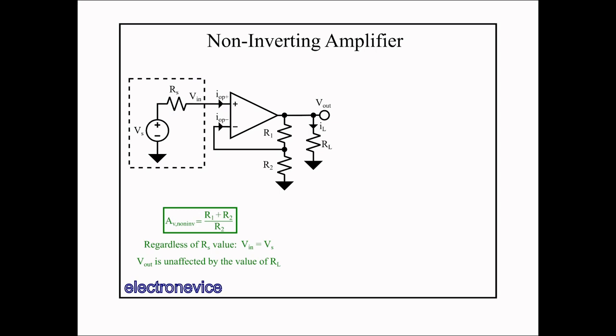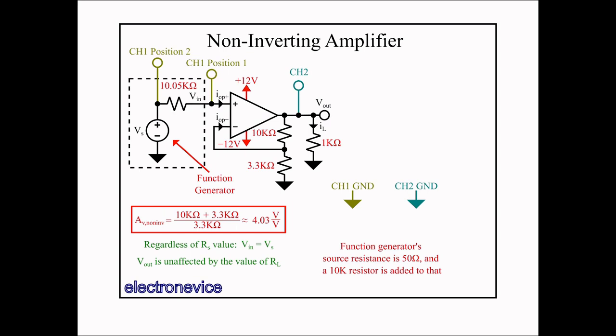Here is the schematic for the non-inverting amplifier as seen in episode 3 of the series. Now we'll set the resistors to specific values and plug a function generator and oscilloscope into the circuit. I've configured the circuit to have a gain of about 4.03 volts per volt, which is high enough to be good for a lot of circuits, but low enough for the op-amp to behave in an ideal manner.